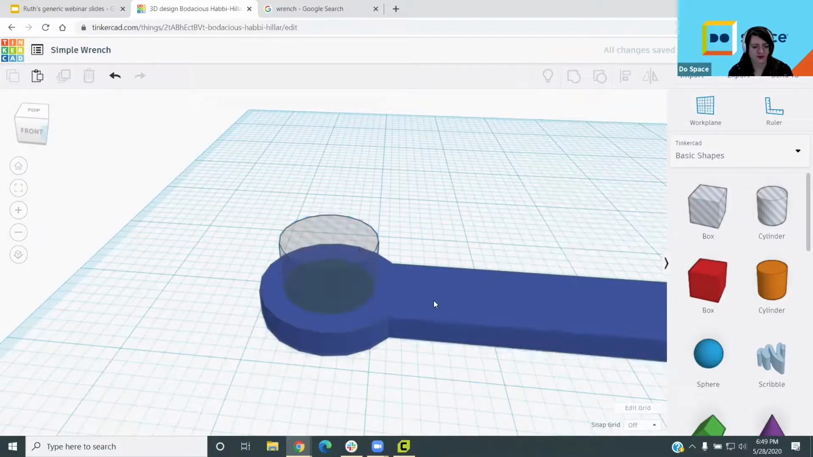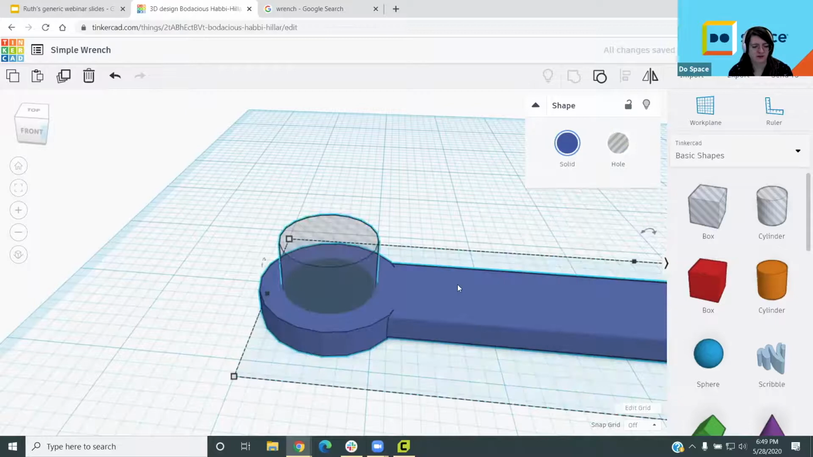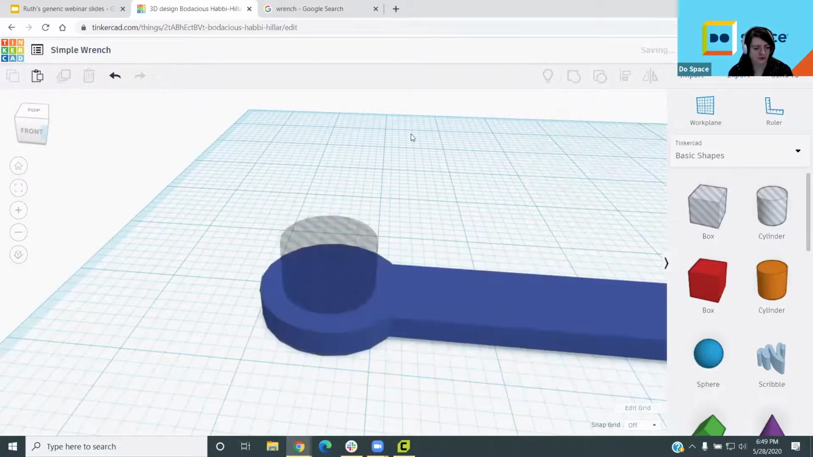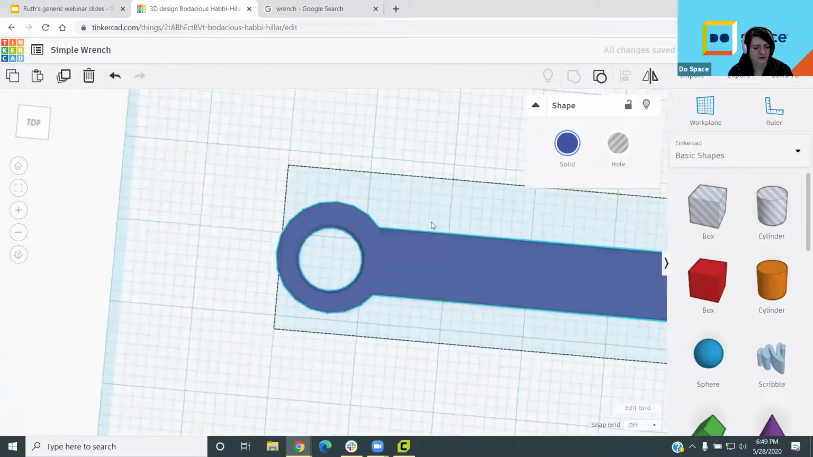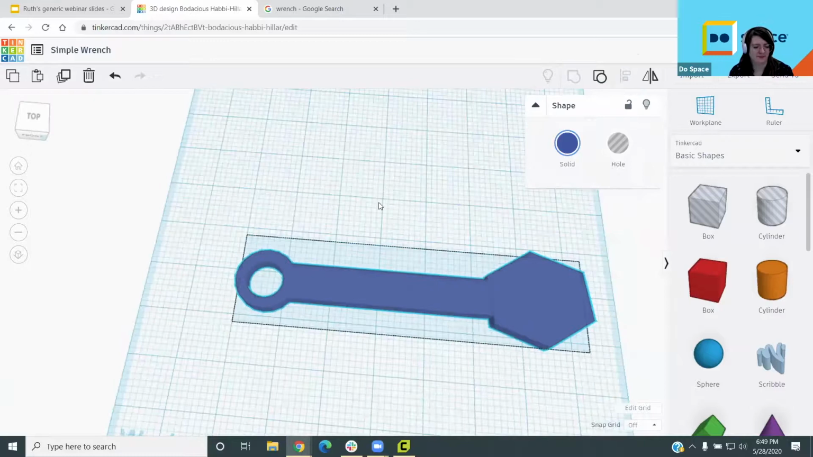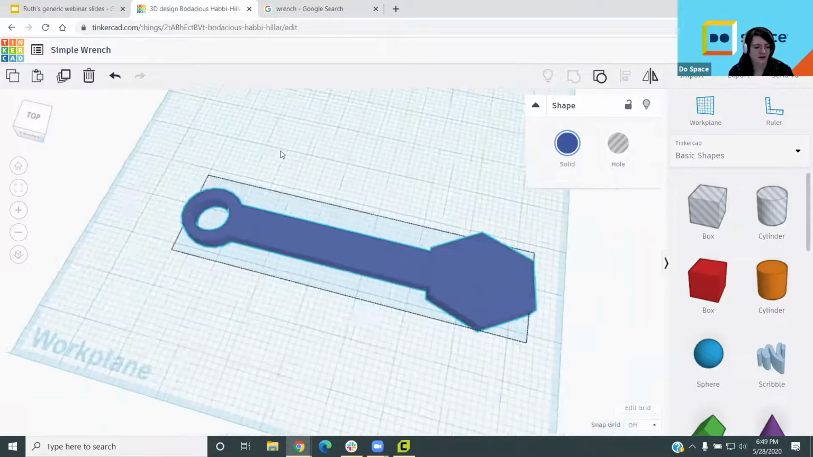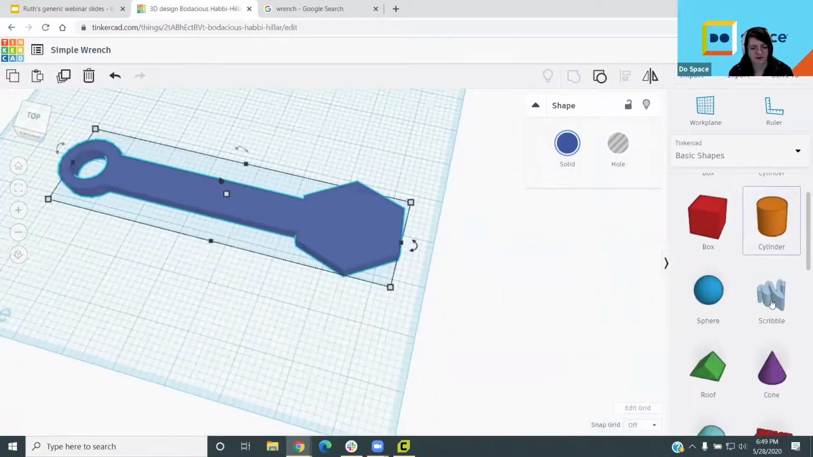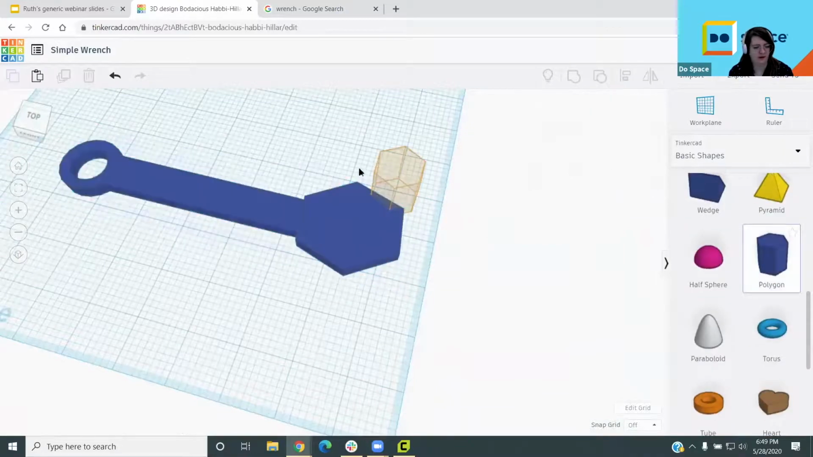There we go. Now I'm selecting both objects. Left click on one, hold shift down, left click on the other, click on group. There we go. Now I have a hole, now it's soft centered. I should have done the snapping grid, but there we go. And now I'm going to grab another